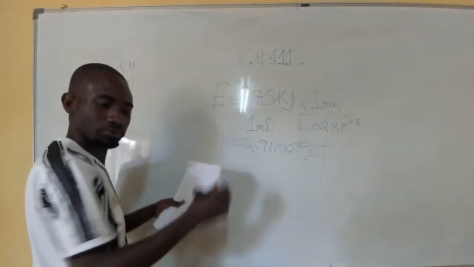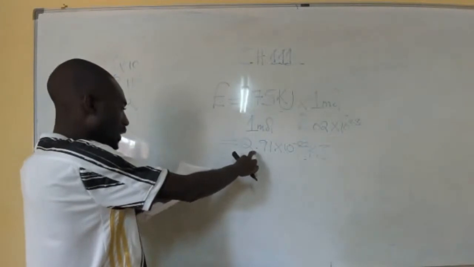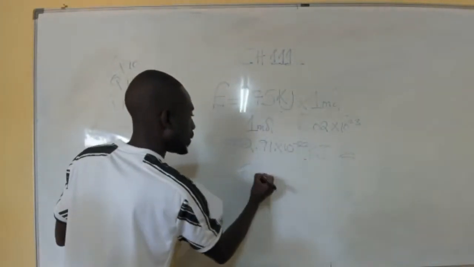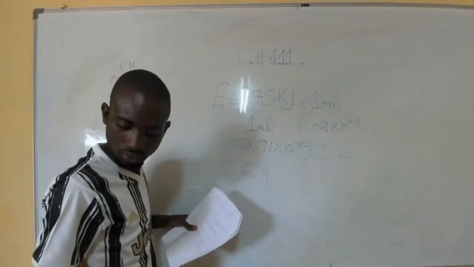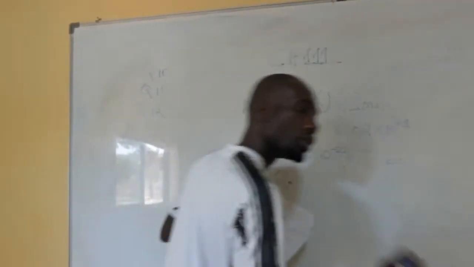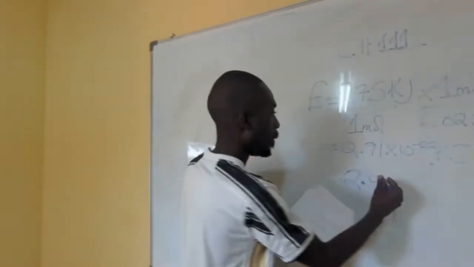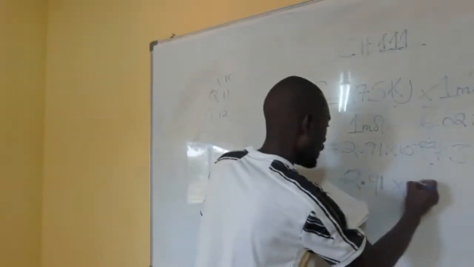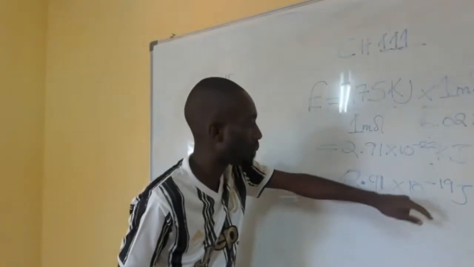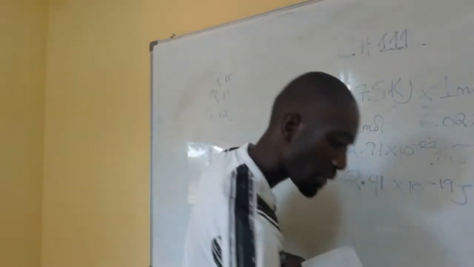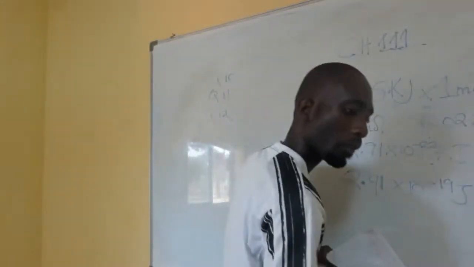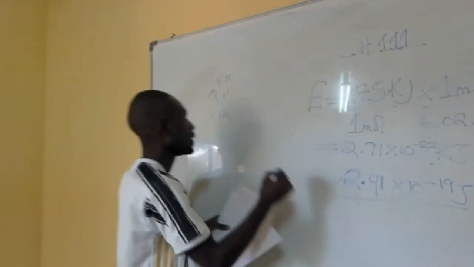So we have this one, and now it can be converted into joules: 2.91 times 10 to the power negative 19 J. So the first thing you have found is you have calculated the energy of one photon. Now you are told to find the